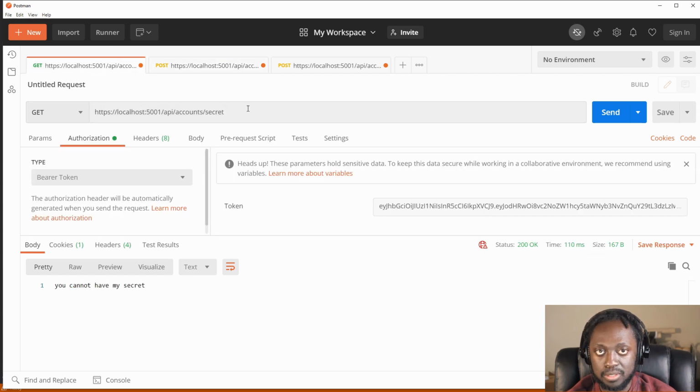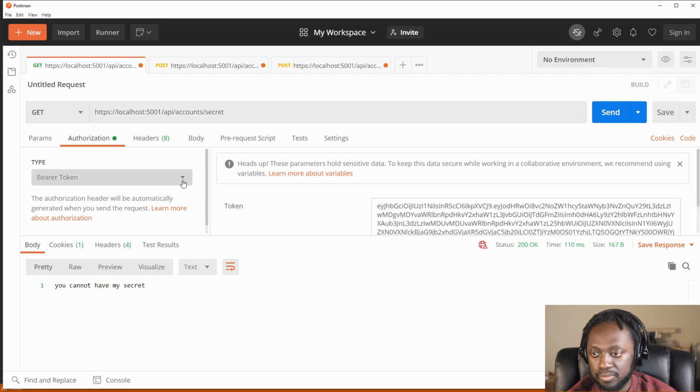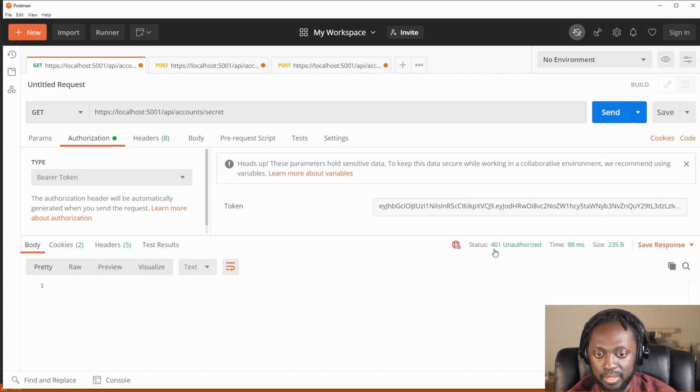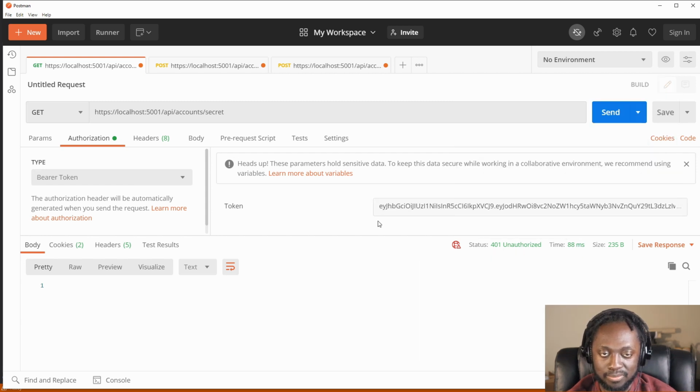Let's go to our secrets endpoint, and let's go ahead and request to see if we can get the secrets. And as you can see right away, we already can get it. It hasn't been a minute, but it already expired, in negative time. But even though it has expired,